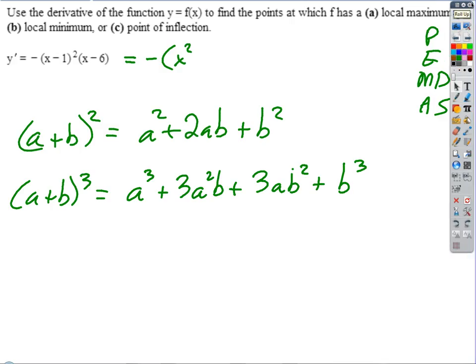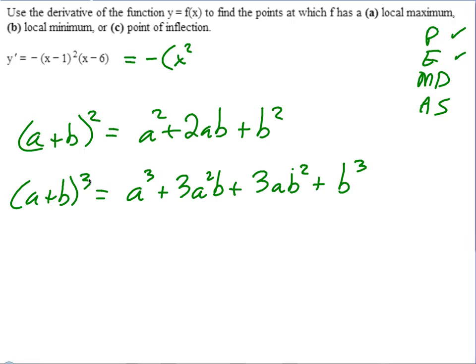You got the ones down the side, and then it gives you the coefficients. The powers always start with all the weight shifted towards the first variable, and then incrementally that one steps down as the other one steps up. But they always add up. The sum of the exponents is always going to be 2 in this case, 3 in this case, right? Okay, so